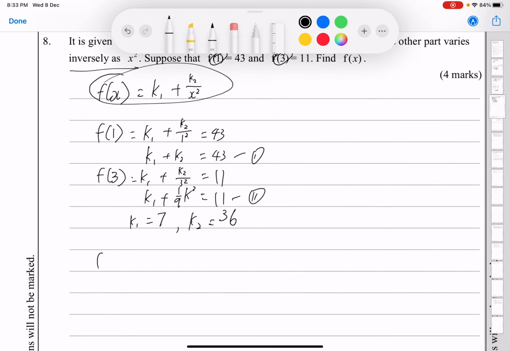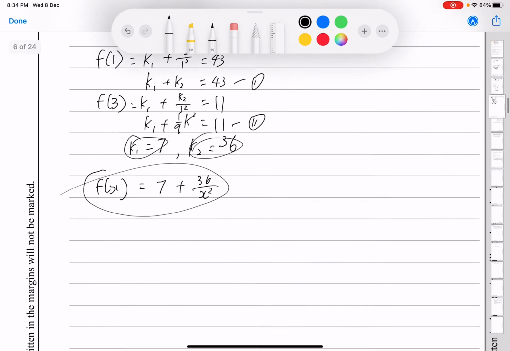Okay, so what is F(x)? We simply need to substitute k1 and the value of k2 inside here, k1, k2. So you'll get F